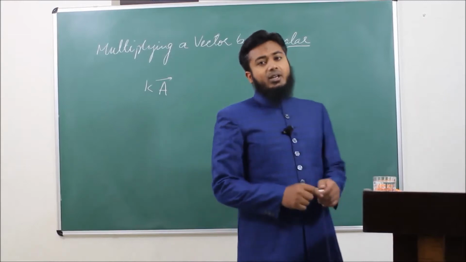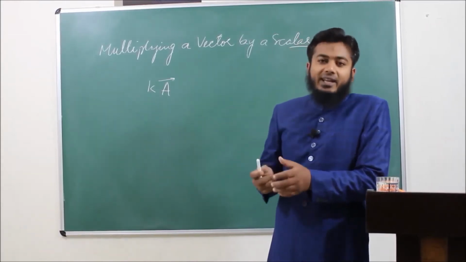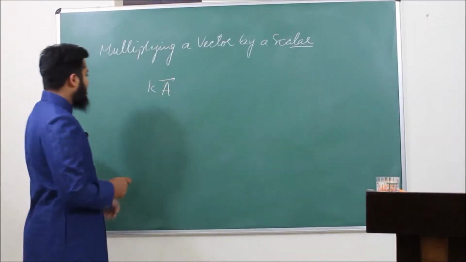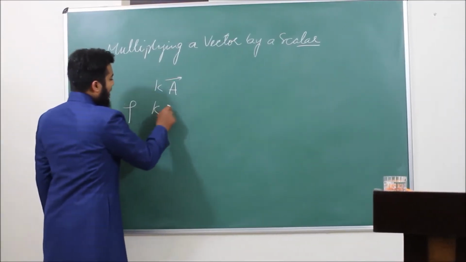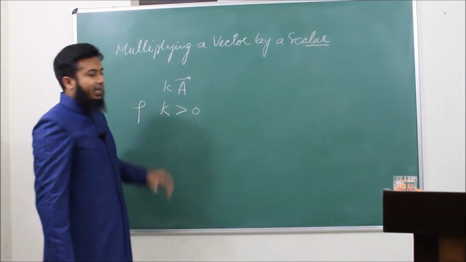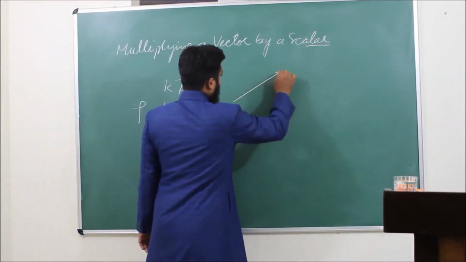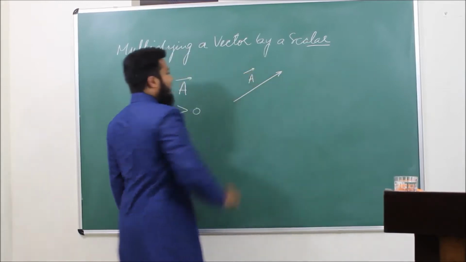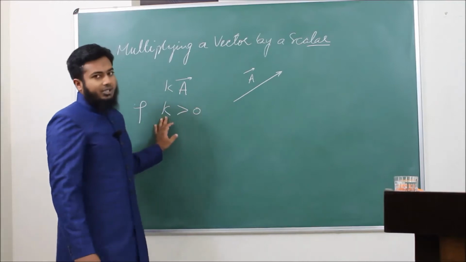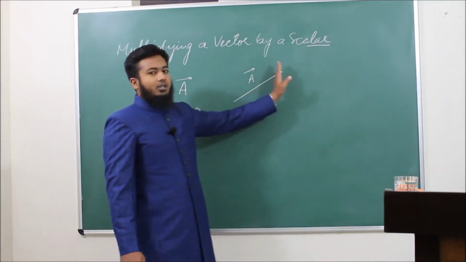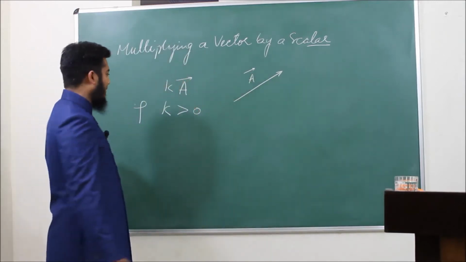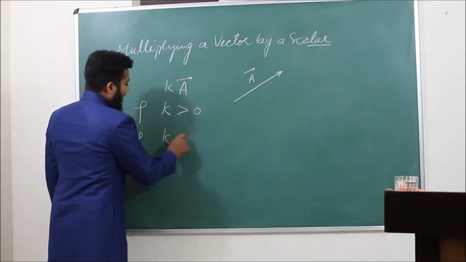A is some vector, and we multiplied it by a number k. Now if k is positive, then the direction of the vector will be the same. Say this is our vector A and we have multiplied this by a number. So if k is positive, then the direction of the vector will remain unaltered. The direction will not change. And if k is negative,